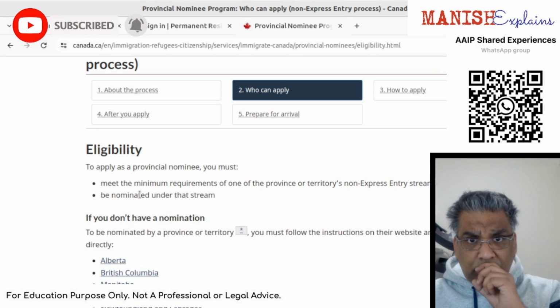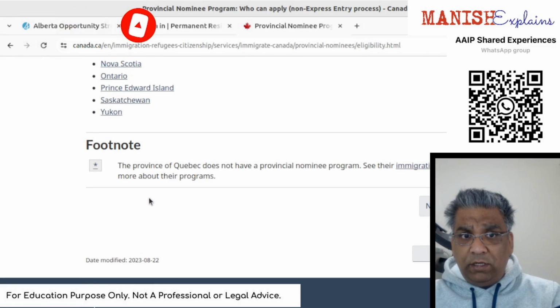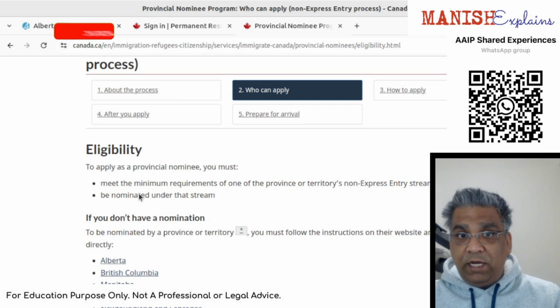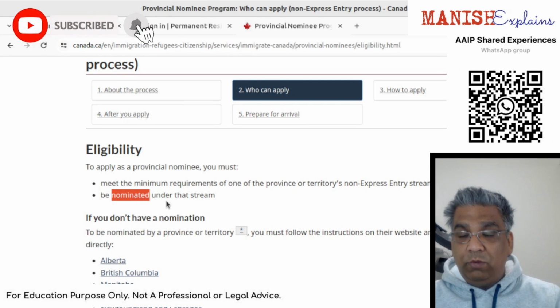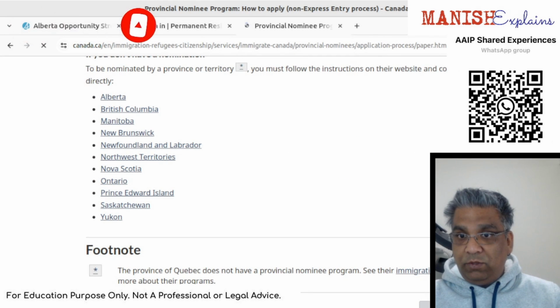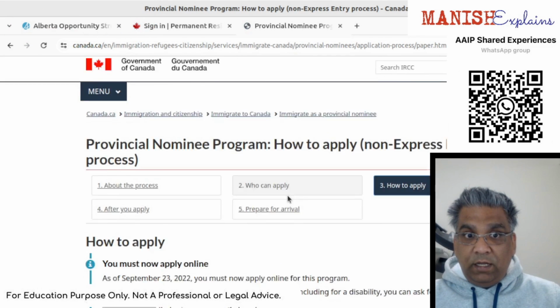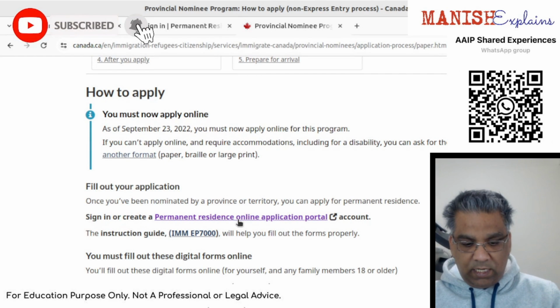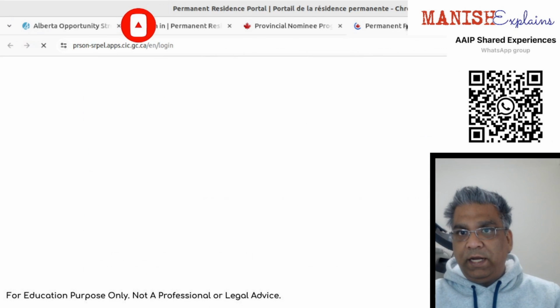So once you're eligible for a PNP nomination and you're already nominated under that stream, you can use this particular portal. Next, you click how to apply. Then it will just take you to the same portal account. So if you click here, let me just show you, open in a new tab. It will again take you to the same portal.